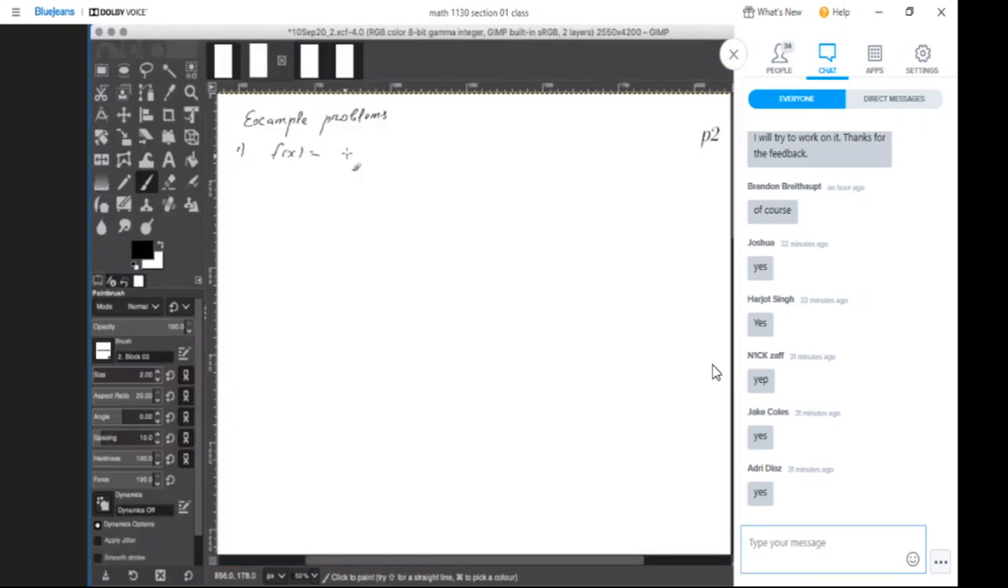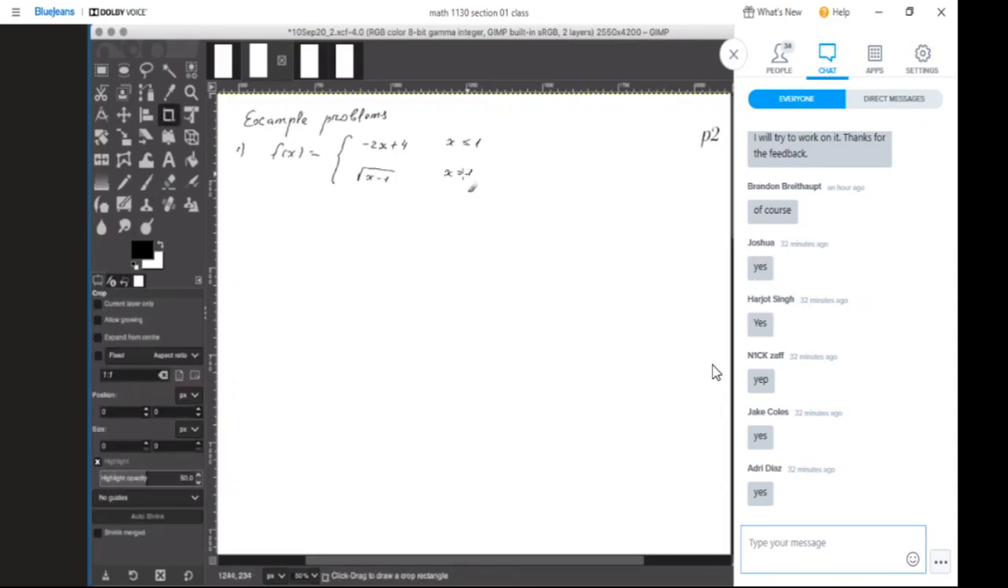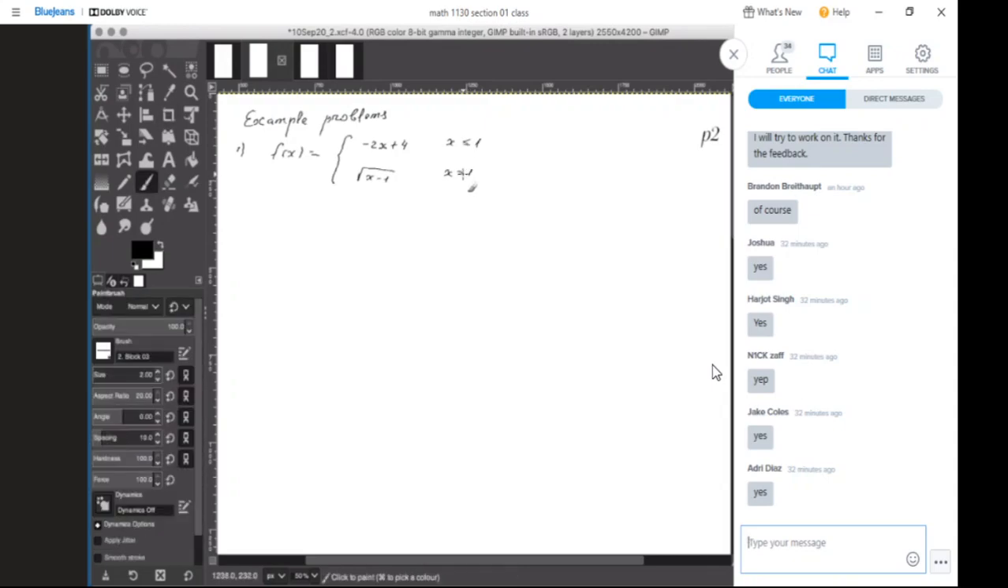is this split function, minus 2x plus 4 when x is less or equal 1, and it is the square root of x minus 1 when x is bigger than 1. And what we want is to find